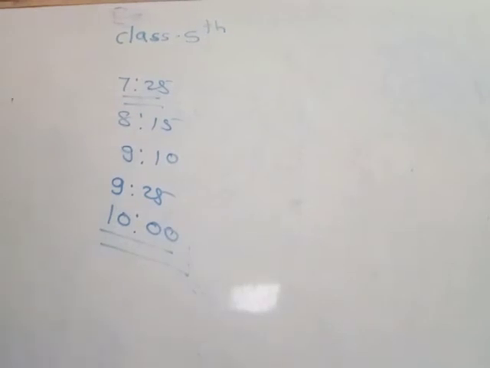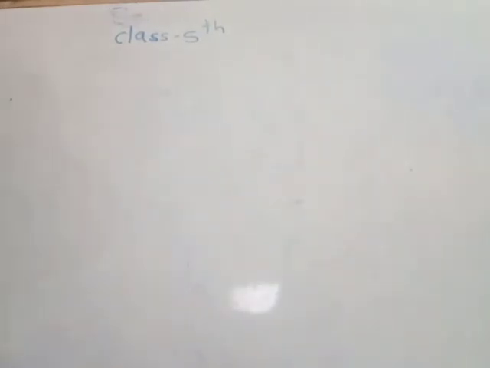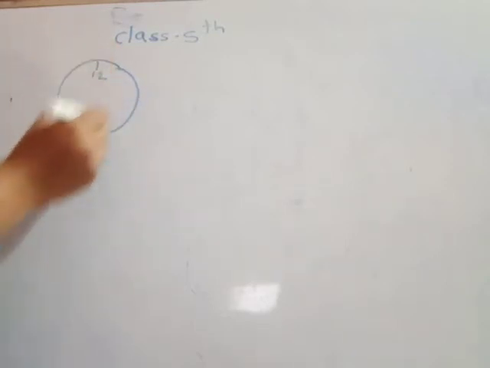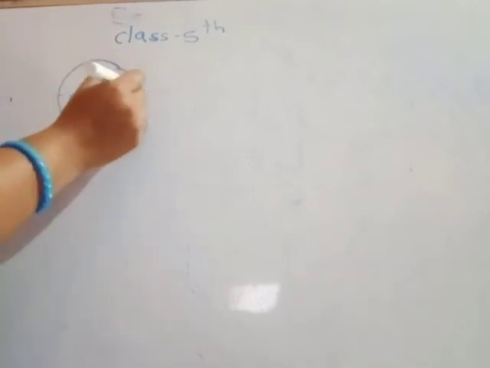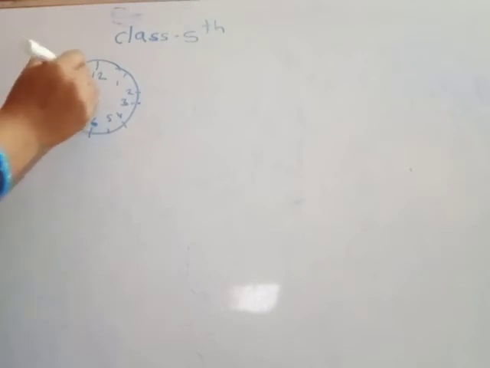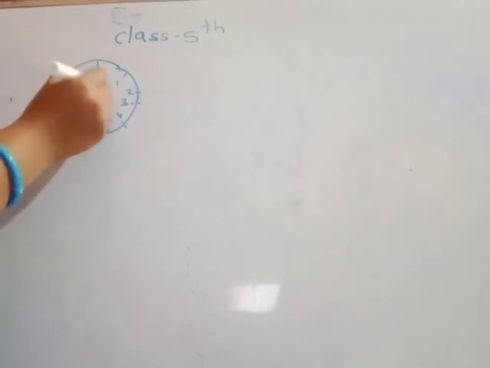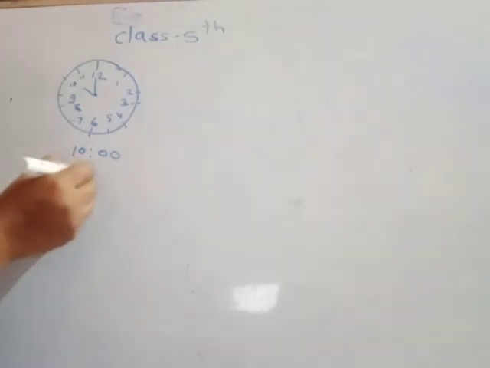Then you draw the clock and time here, and also write that when an angle less than a right angle is formed, it is an acute angle. Then you see this clock. Exactly 10 o'clock. So this is exactly 10 o'clock. This angle is less than a right angle, which means acute angle.